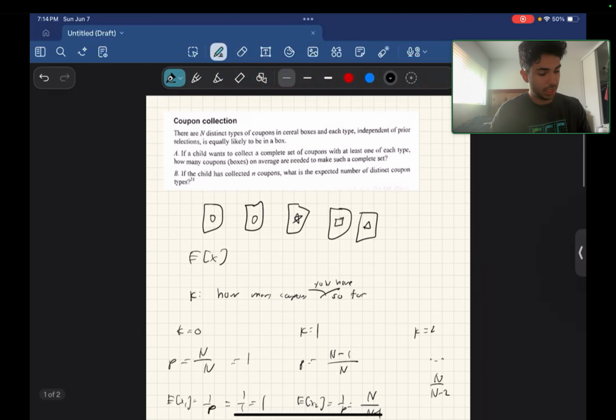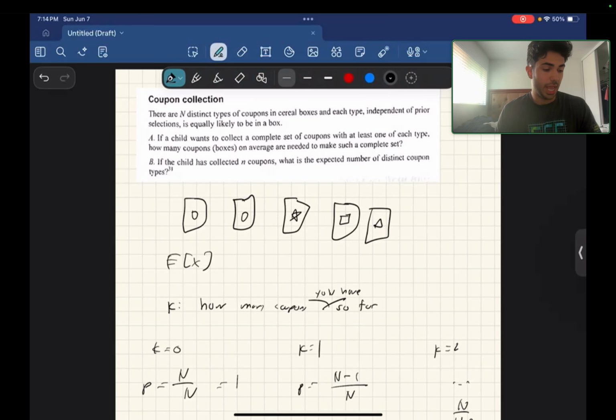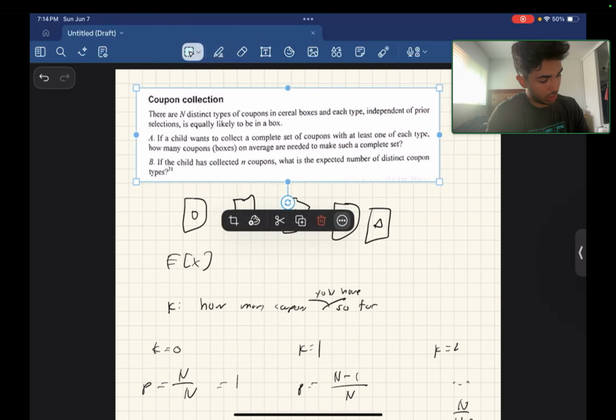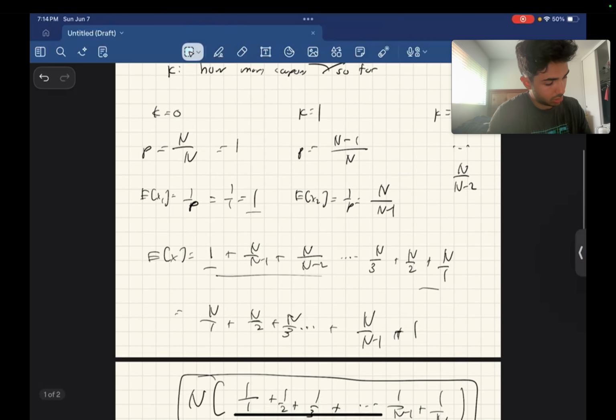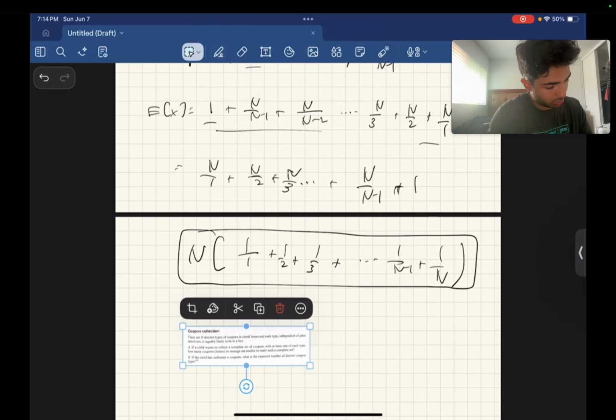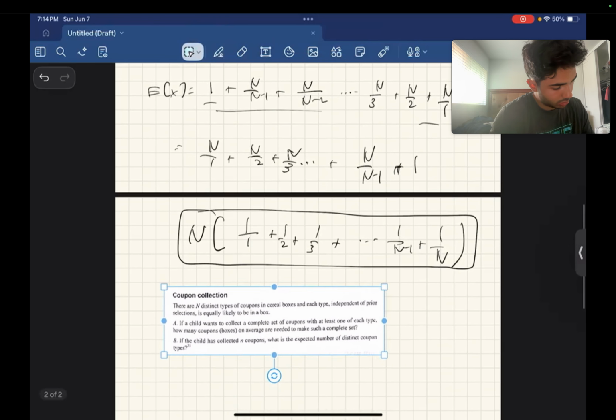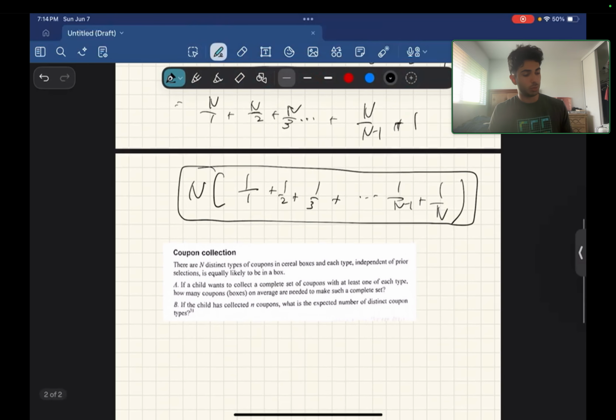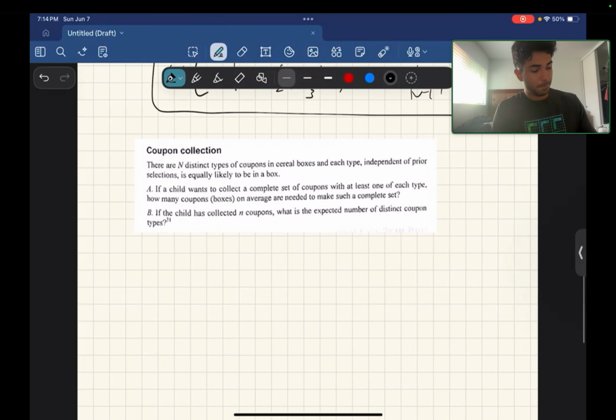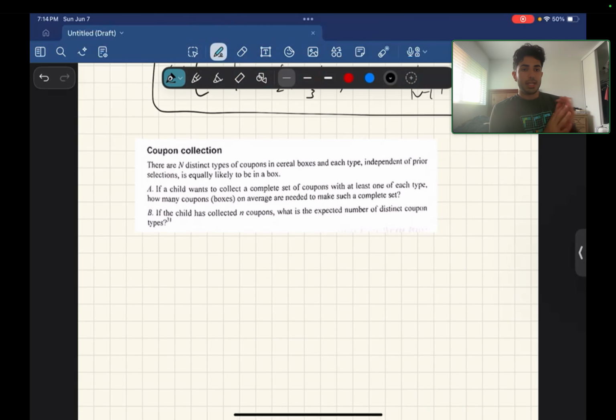So the second part says, if the child has collected n coupons, what is the expected number of distinct coupon types? So I'm just going to copy this and bring it back down. If he has n coupons, how many of them are unique? Okay, so we're going to say